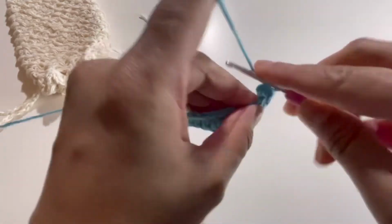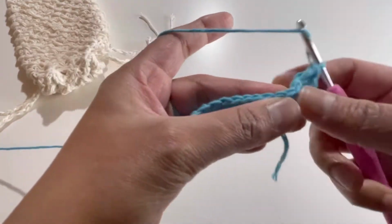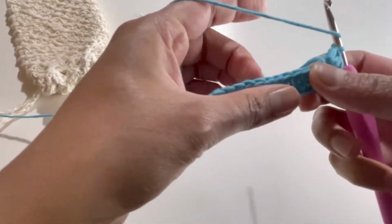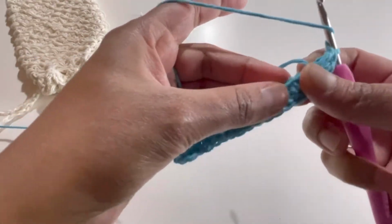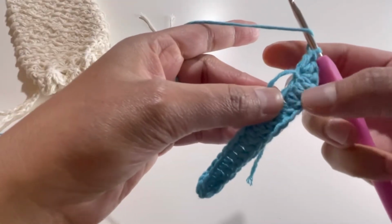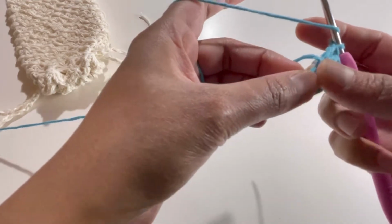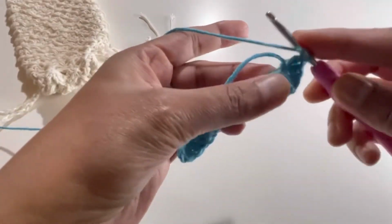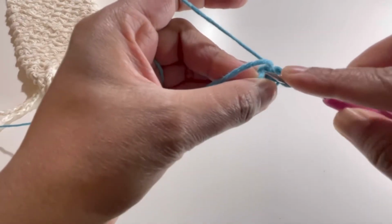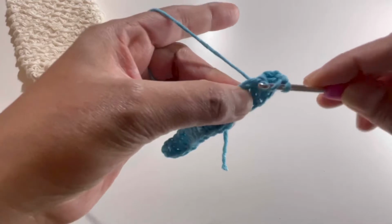Now yarn over and insert your hook into your first chain from the other side here. So we're gonna change the side of our chain, and we have made these double crochets on one side, and now we're gonna go to the other side and we're gonna make our double crochets on this chain. So yarn over and insert your hook into your first chain here like this, and grab your yarn